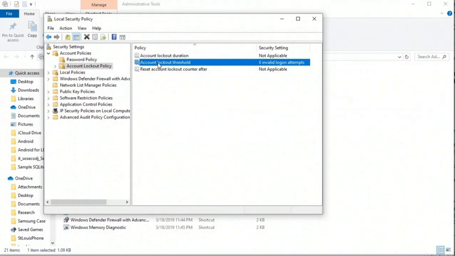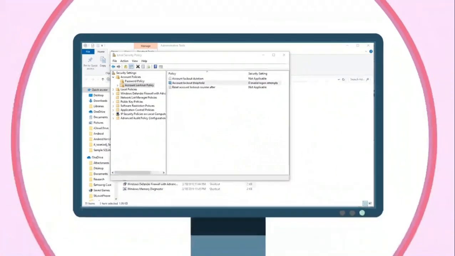Now I'm showing you this, and you may wonder, why am I showing you such bad security settings? I say again, these are the default. So if you've never set these, this is what your system has right now. So basically, turning off unneeded services, shutting down anything you don't need, looking at local security policy, all of these will go a long way to hardening your Windows 10 computer.